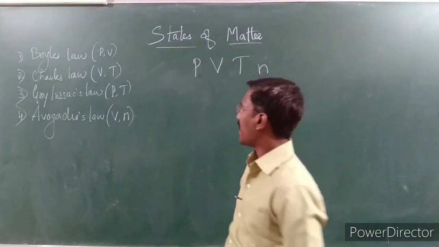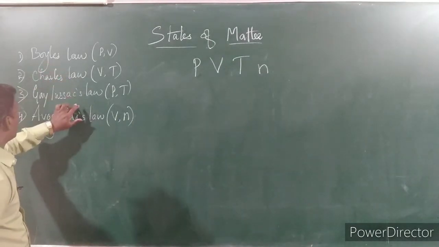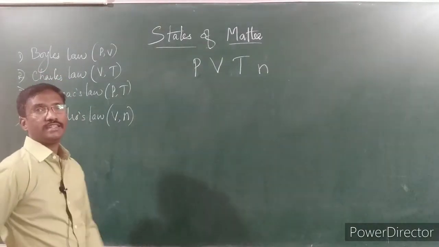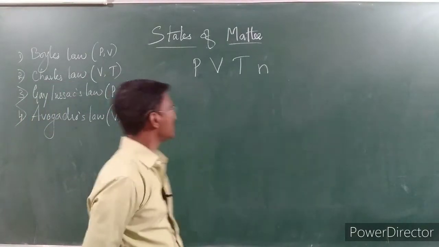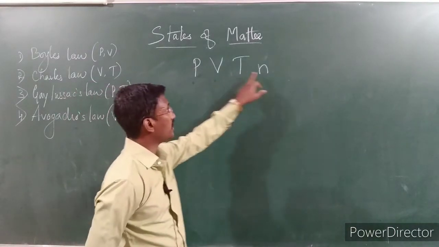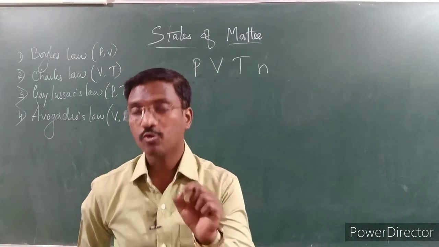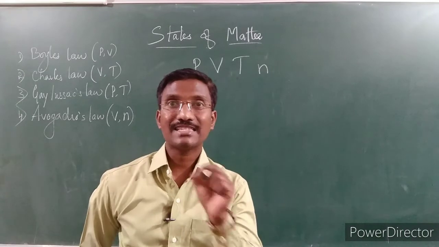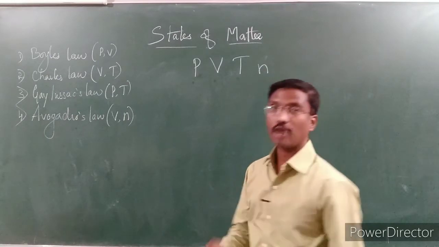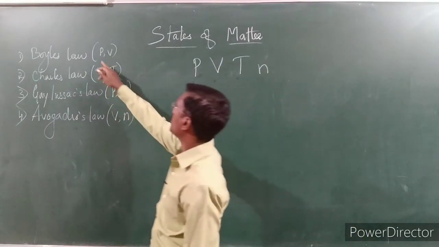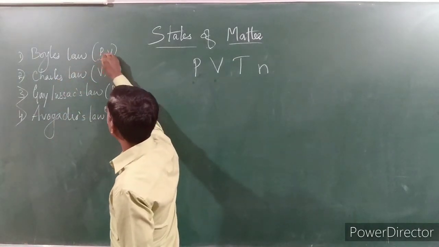The Charles law, as I have said in the previous videos, is one of the 4 laws: Boyle's law, Charles law, Gay-Lussac's law and Avogadro's law. These laws are expressed on the basis of 4 terms: pressure, volume, temperature and N. N means amount of substance. Based on only these 4 terms, we define the laws of gases. I said Boyle's law gives the relation only on the basis of pressure and volume. Can you see here? I have mentioned that Boyle's law gives the relation between the pressure